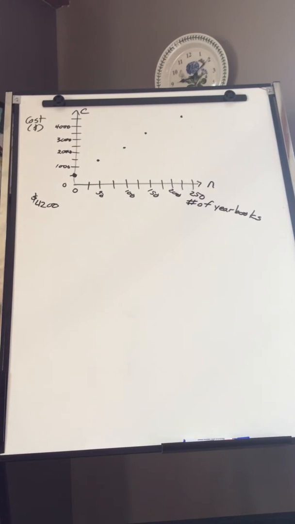Got example 4 from chapter 5.7. This is the last question for that chapter. All we're doing now is we're interpreting the graph, a linear graph, to find out some information. In this case, we're dealing with a publishing company and how much it's going to cost based on